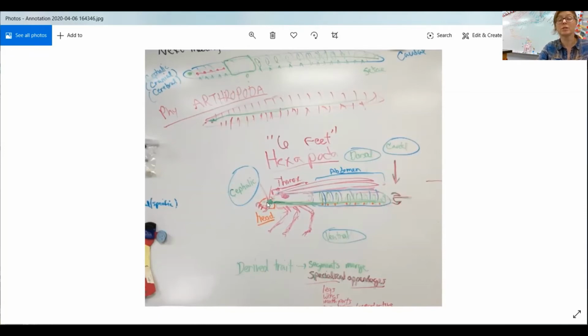Hox genes were discovered actually in insects, I believe, in fruit flies. And then they backtracked and said, wow, those are in earthworms too. And wow, we can find them in platyhelminthes, the flatworms, as well. And so we can follow the turning on of the genes and kind of see this process.